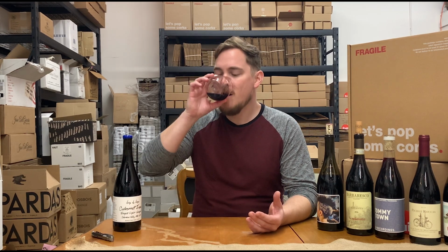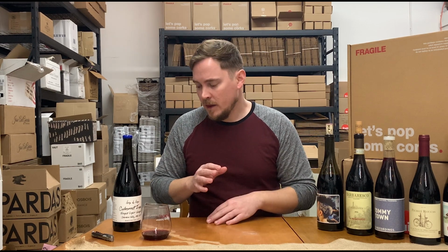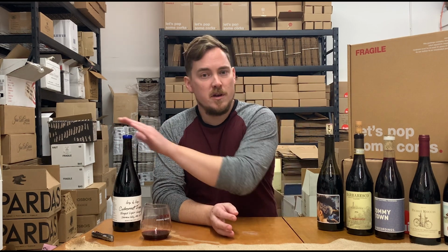And the texture, rather than being the sort of sour, angular quality of French Cabernet Franc, which I love, don't get me wrong, this texture is softer and it's more plush and it's more approachable. If you're not into Cabernet Franc already, this is a great one to start with,